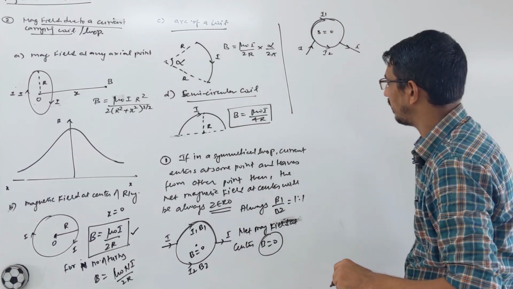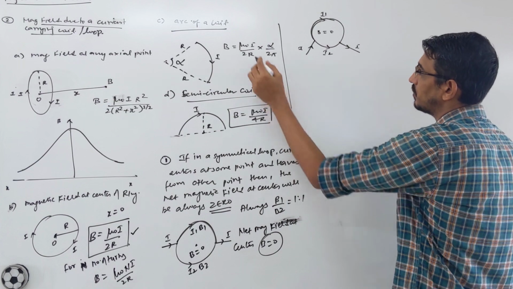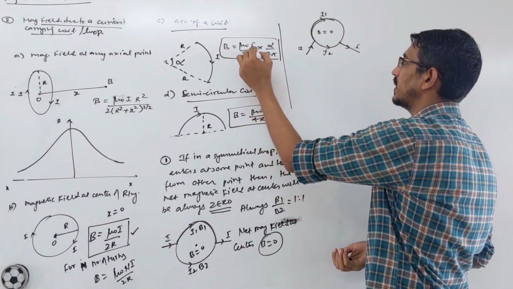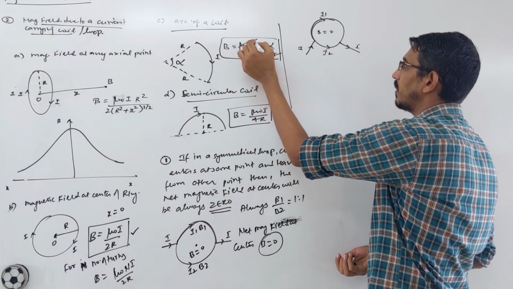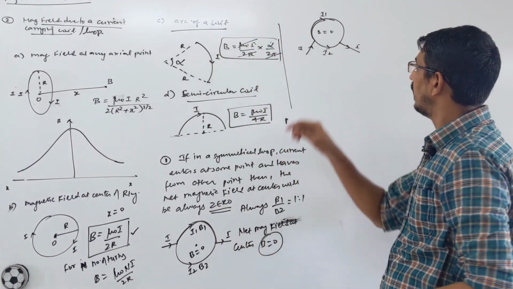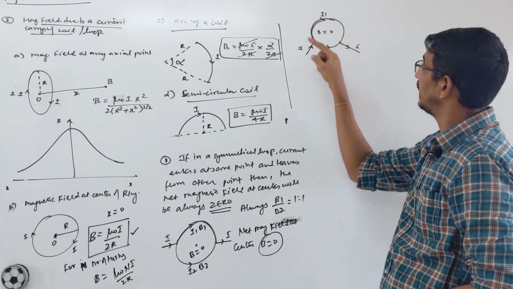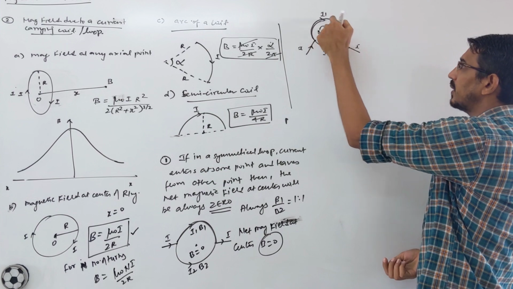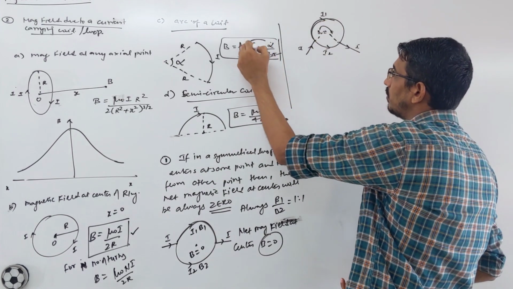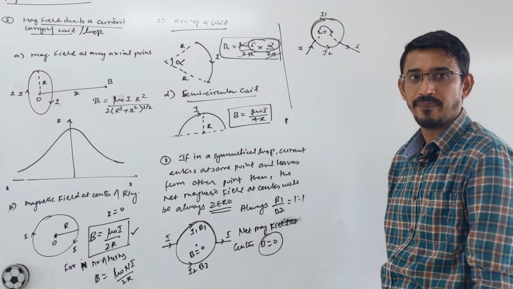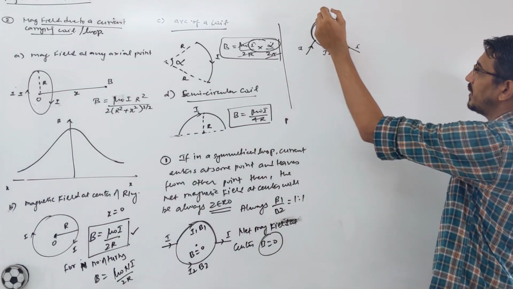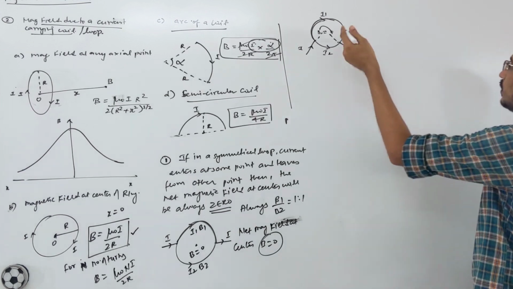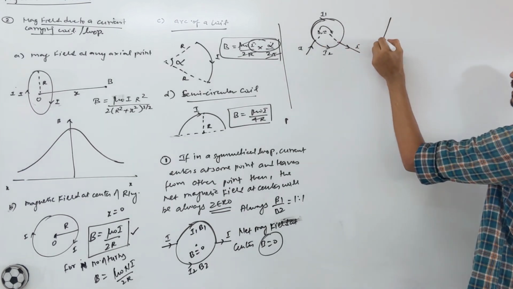Why does this happen actually? Let me tell you, because our formula is this, look at this point. There are two things which are variable: the current I and the angle alpha. The current divides in different amounts, and the angles of these two arcs differ. This is one arc, this is another arc. The product of these two always remains constant, so the magnetic field due to that part and that part always becomes equal. So the net magnetic field is 0. Not only a circle, suppose you have another shape, like a triangle.